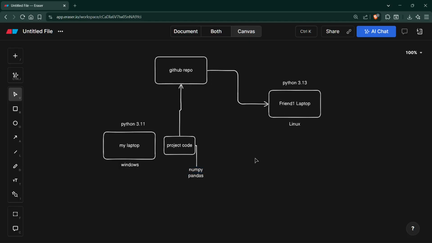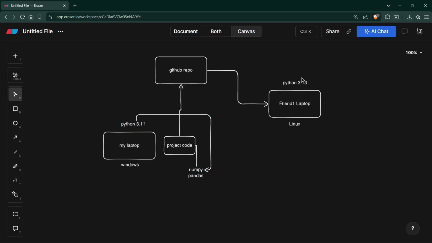Because I'm using Python 3.11, I can access some of the features in NumPy, and they will keep on updating NumPy. So in Python 3.13, NumPy may have some extra features, or they may delete some features which are present in NumPy.